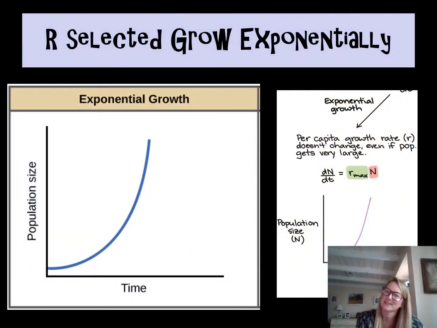All right, well, R-selected species, they tend to grow exponentially. So if you take a look here, I'm sure you're familiar with exponential growth from your math class, but basically it's doubling over time. So as time progresses, the population size increases. This is common until the organism runs out of food. And then what you're going to see is the population will crash, and then it grows exponentially again, and then it crashes, and then it grows again. That is just how they've adapted, and apparently it seems to work for those species.